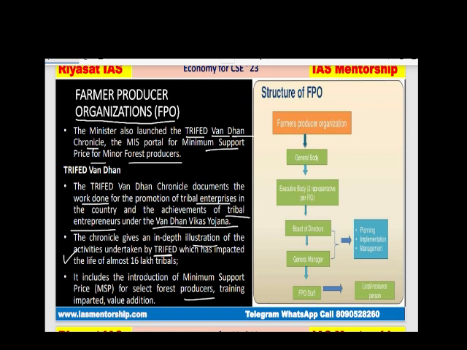Basically it's a type of voluntary organization. Clear? It's a voluntary organization that comes together and makes decisions depending on its own needs. It's a voluntary organization that comes together, makes its own rules and policies, and they get the benefit. Under the Farmer Producers Organization, the general body comes in, then the executive body, then the board of directors, general manager, FPO staff and local resource person. This is the structure of the Farmer Producer Organization.